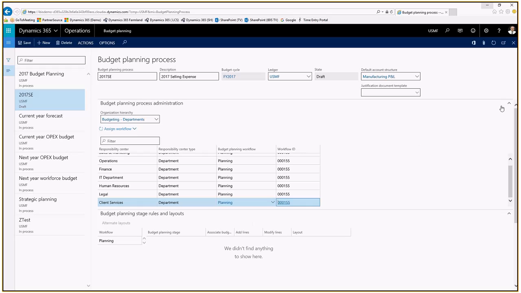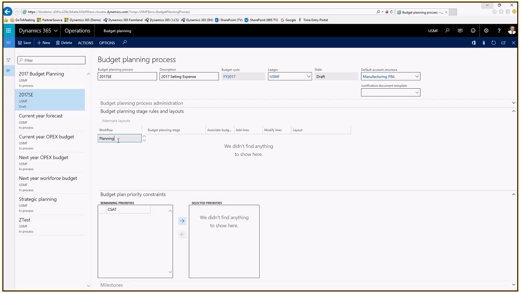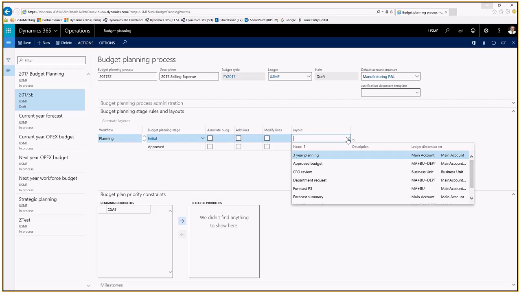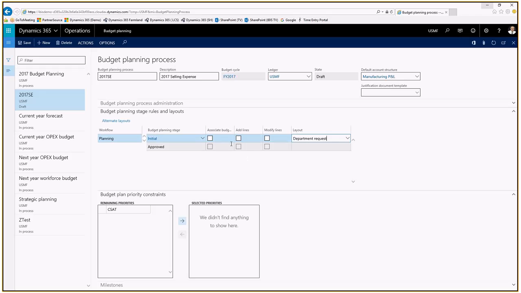I'm going to close the administration area. We're going to come down and look at the stage rules down here. Essentially in here, I'm going to lay out the requests that will go to the individual departments. First is one that goes out for initial approval, and we'll get that layout set up. It's basically going to come in the form of a department request. That person will be able to add lines and modify lines and do all that kind of stuff. And once he's done from there, the department